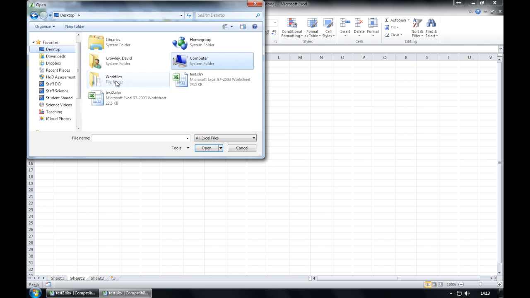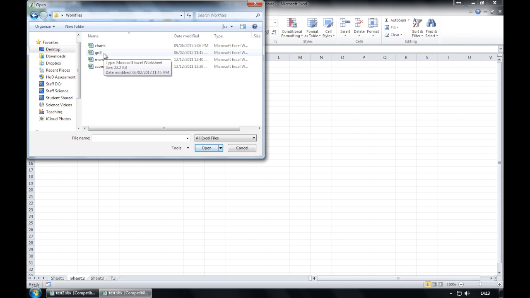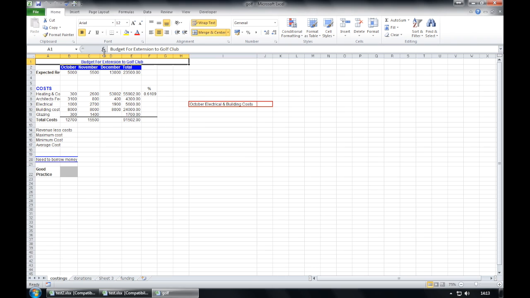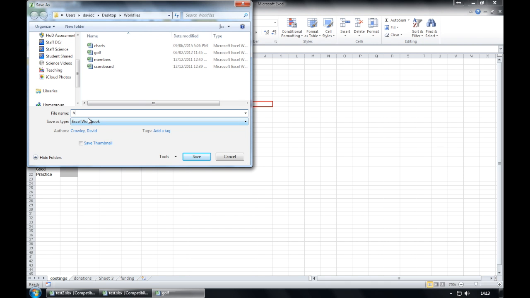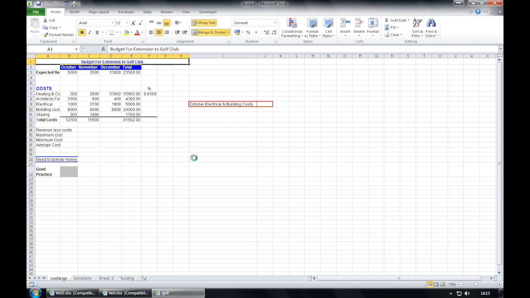For us, it's on our desktop, and we're going to open up the Golf Excel sheet. We're going to have to overwrite this and save it as something new. So we're going to save this file to our learner drive using a new file name, budget.xlsx. So we're going to go File, Save As, and we're going to change it to budget.xlsx in the same area in our learner drive, and hit save.